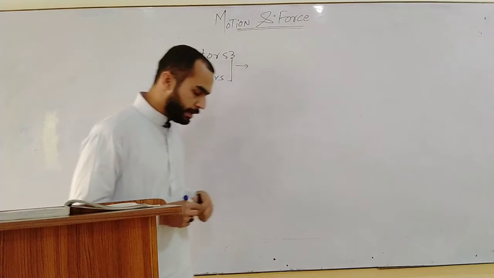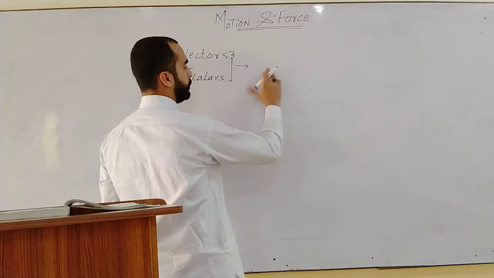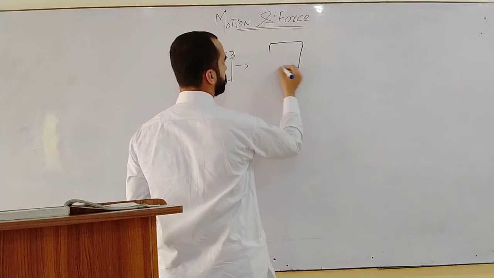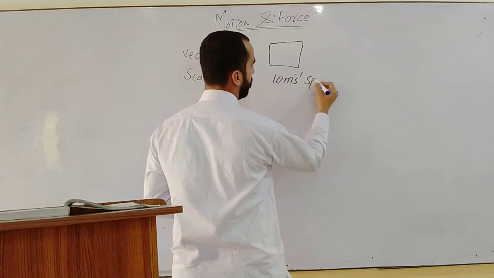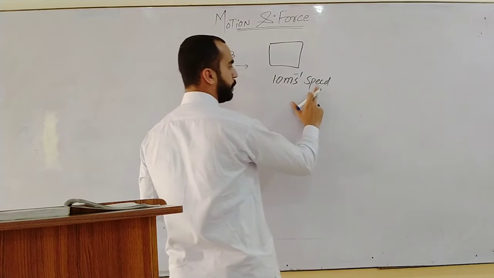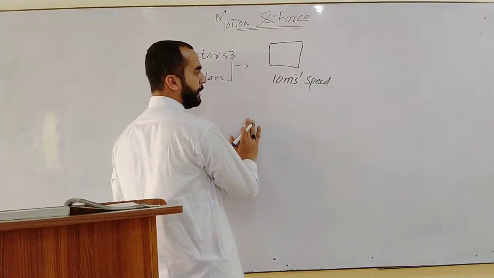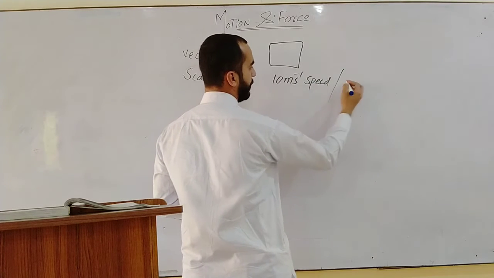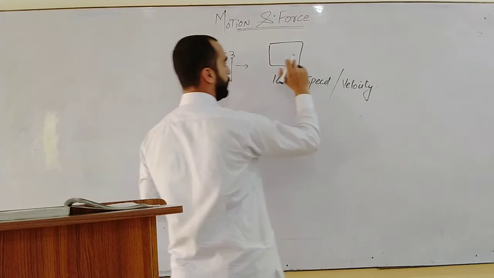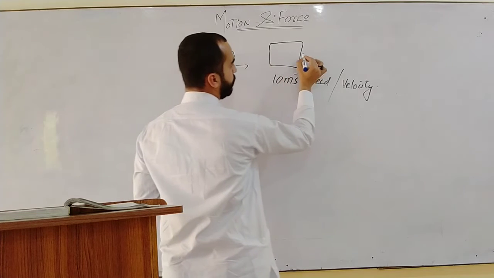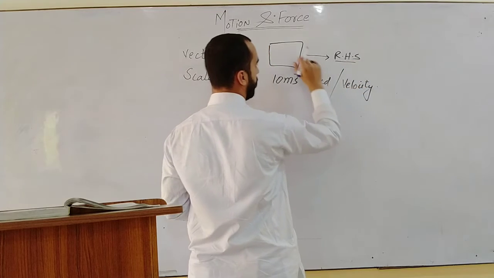Basically velocity is a measurement of speed but in a specific direction. As we say that a body is moving with 10 meter per second speed, then we don't show the direction of the body, whether it is going towards the left side or the right side. But when we say that 10 meter per second is a velocity, then it is necessary for us to tell the direction, as it is moving toward the right hand side. So this is called velocity.